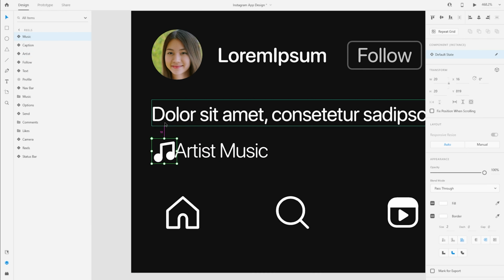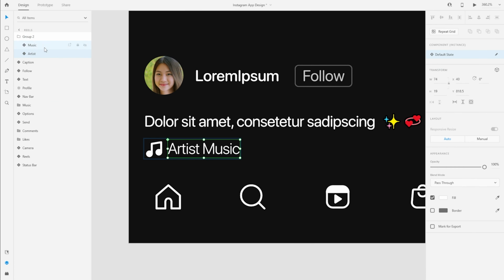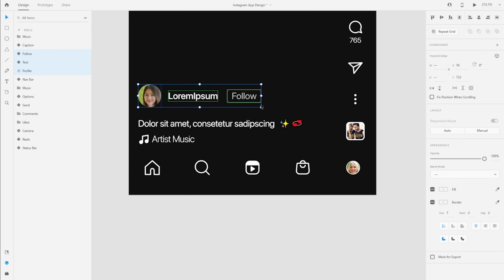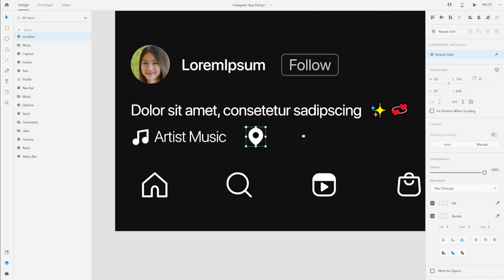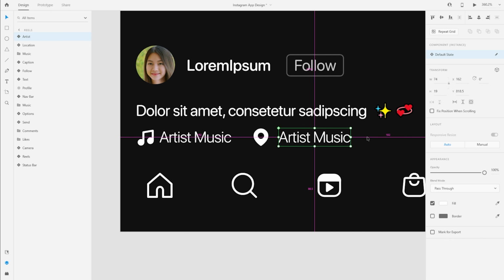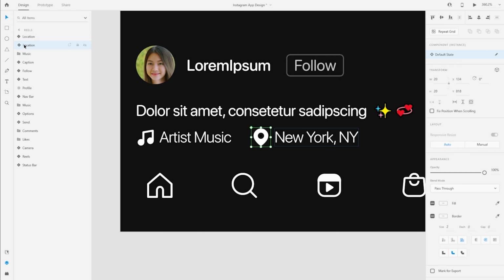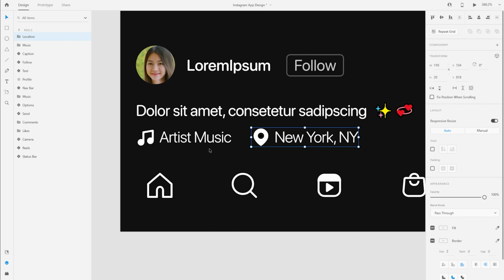I added one audio icon or the music icon to notify that this is the audio. I'll do the same thing with the location of the reel as well. So if the user has added the location where the reel was recorded, it shows up next to the audio.